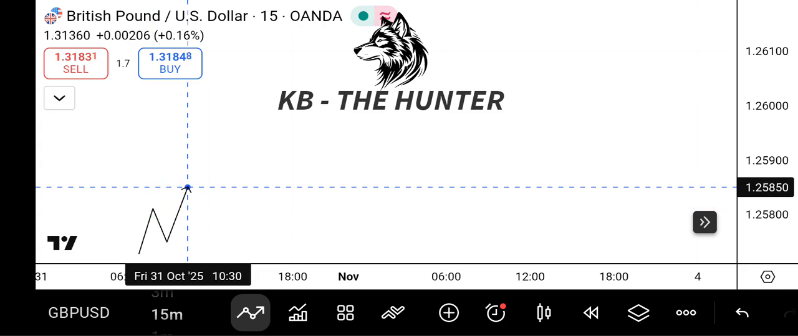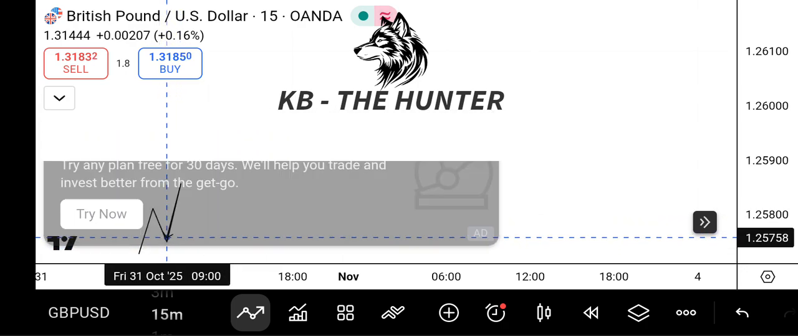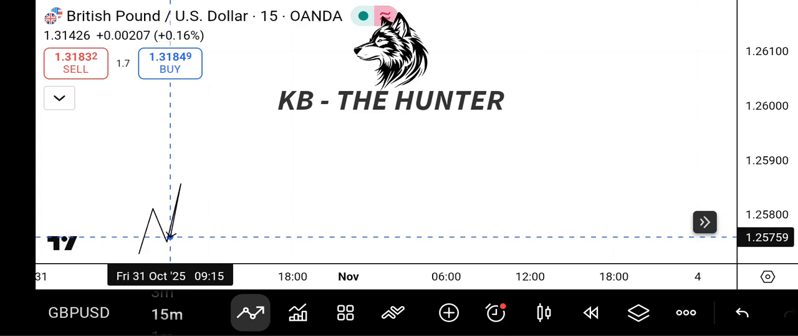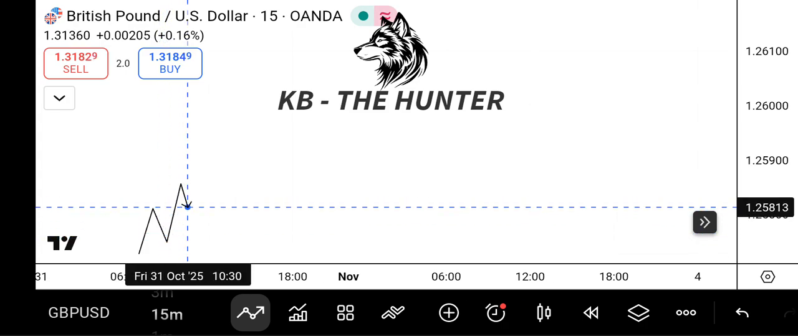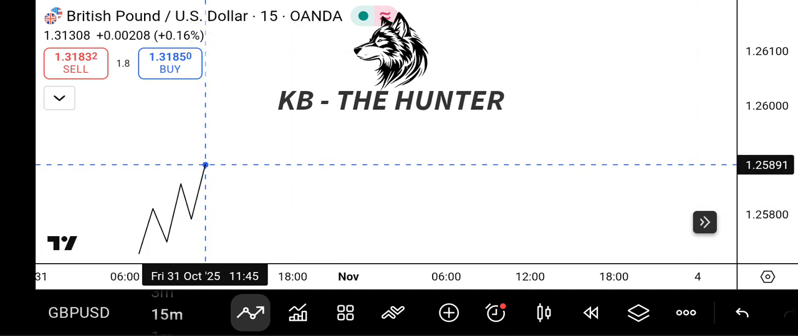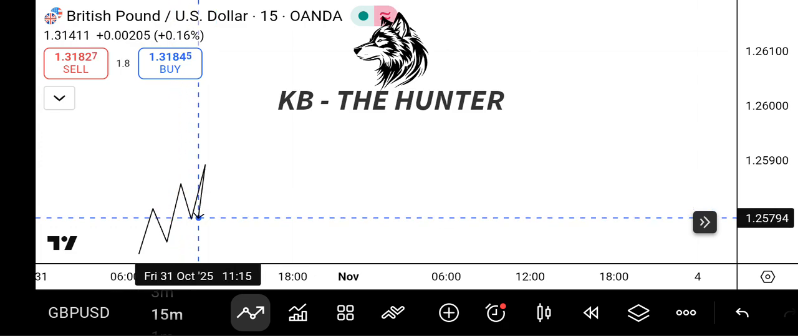Okay, so many people might start saying that this is a higher high, this is a higher low. No, this is not a higher high and this is not a higher low. It is not confirmed yet. So when will our higher high be confirmed? Our higher high will be confirmed when one of the lows is taken, which is the nearest low,